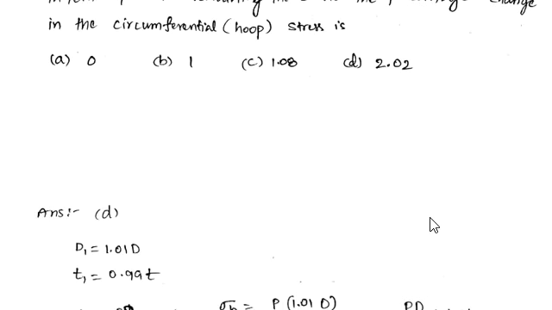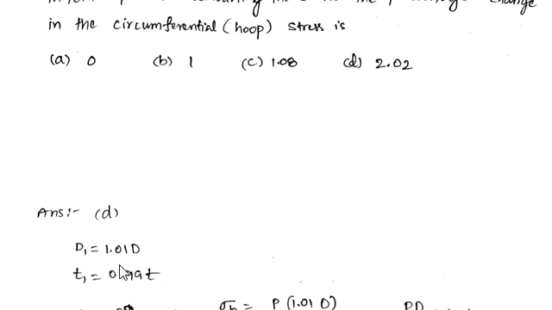So if you see, the correct option is option D, and let us see how it is. If you assume in the first case, that is the initial case, the diameter of the spherical shell is D and the thickness is T. And when it is increased, we are taking the second case, that is D1 and T1. So don't confuse here. D and T we are taking in the first case, and D1, T1 in the second case, when the radius is increased, thickness is reduced.